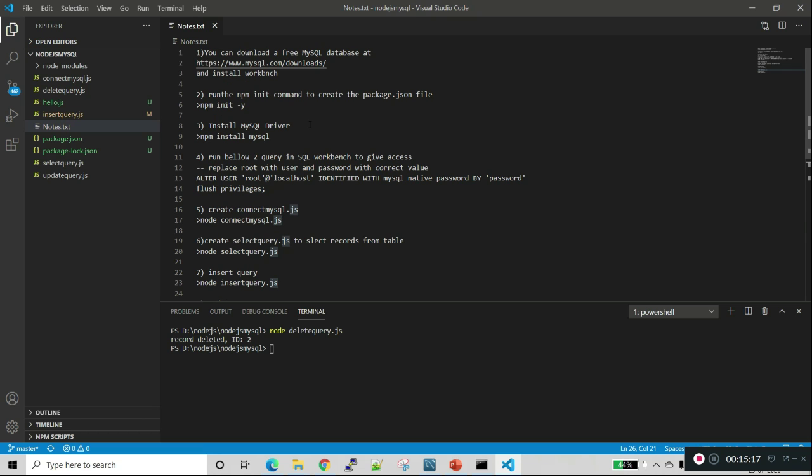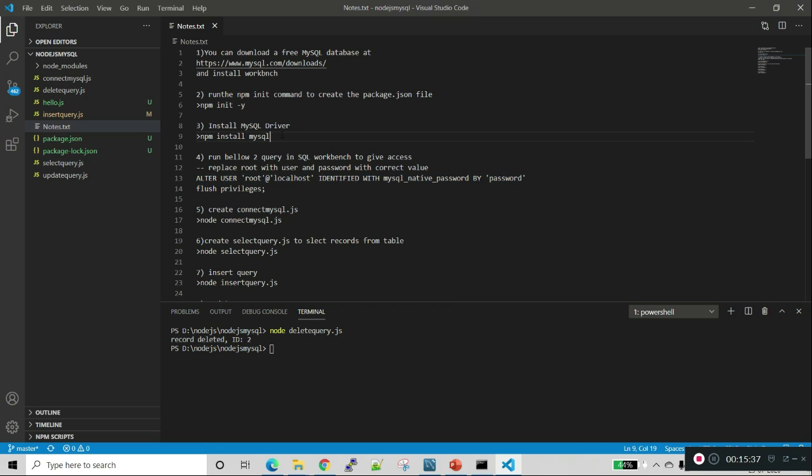The important point here is that we need to provide this privilege to the MySQL user. If we are not providing this privilege between MySQL and Node.js, we will get an error, and the connection will fail.